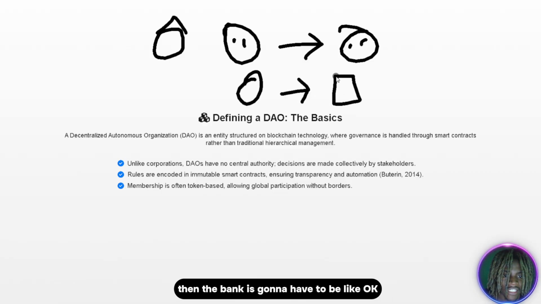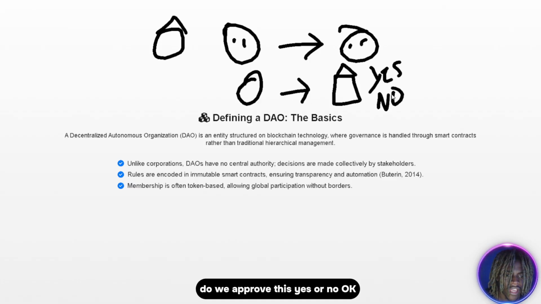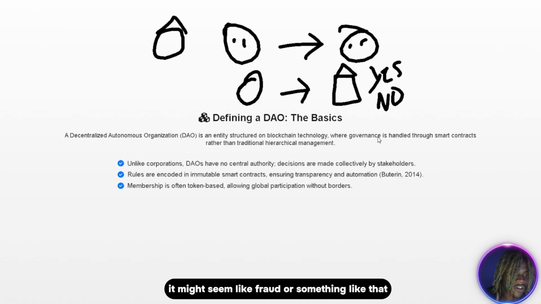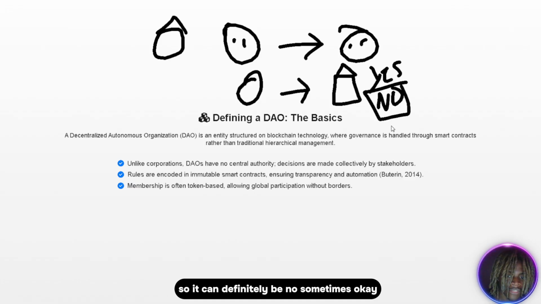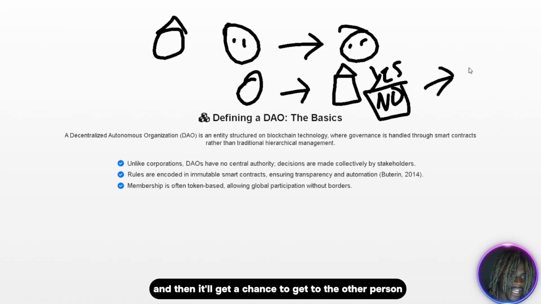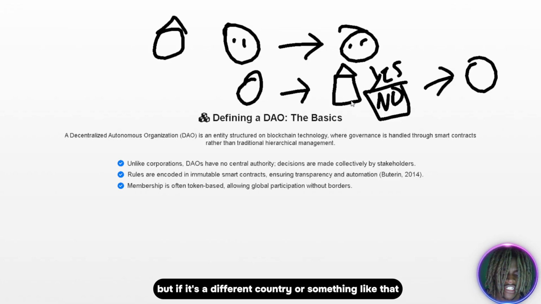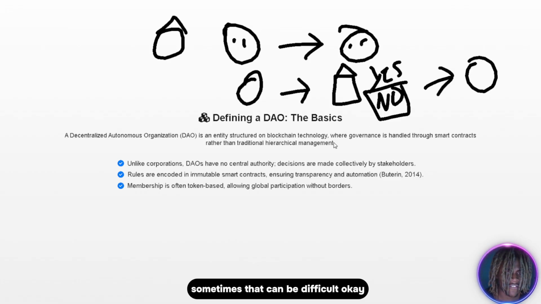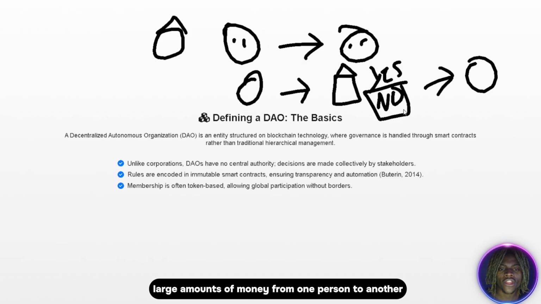Then the bank is going to have to be like, okay, do we approve this? Yes or no. And if it's too much money, it might seem like fraud or something like that. So it can definitely be no sometimes. Then it'll get a chance to get to the other person. But if it's a different country or something like that, sometimes that can be difficult. It's not always easy to send large amounts of money from one person to another using the bank account